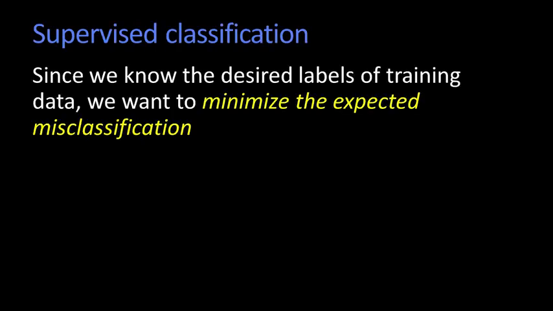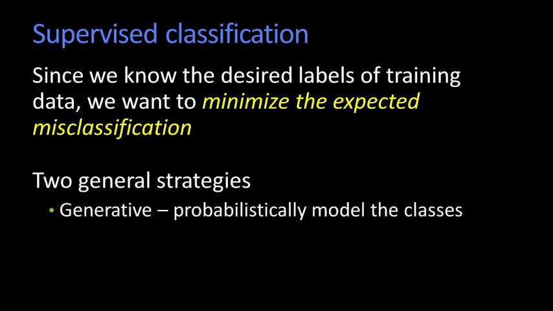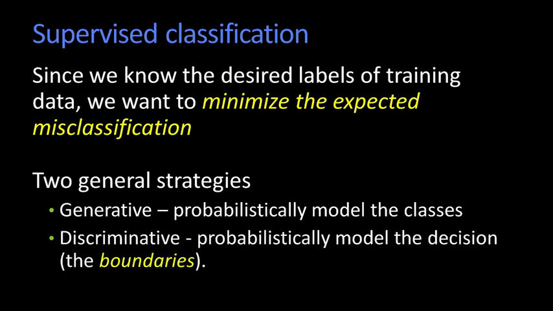The idea was, since we know what the desired labels are from the training data, we're going to try to build a classifier that's going to minimize the expected misclassification or minimize our risk. All right? And we talked about that there were two strategies. One was called generative, where we probabilistically model each of the classes and then somehow pick them. We'll talk about that again just for a second. And then there was discriminative. And discriminative says, I don't care so much about modeling the classes. What I care about is modeling some sort of boundary between the classes,